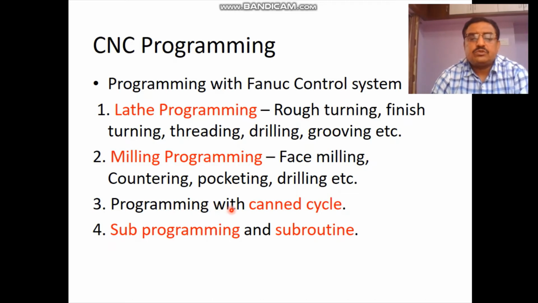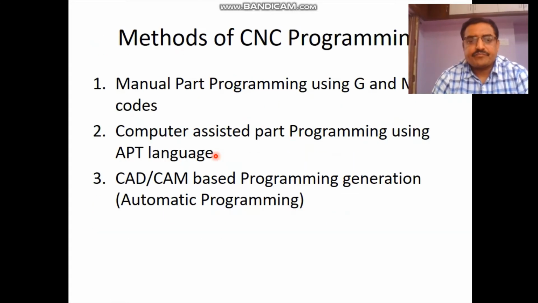Sometimes the program should be written with canned cycles, or you can also write it by using a subprogram and do subroutine. So these methods should be used while writing the program, either for lathe or milling.